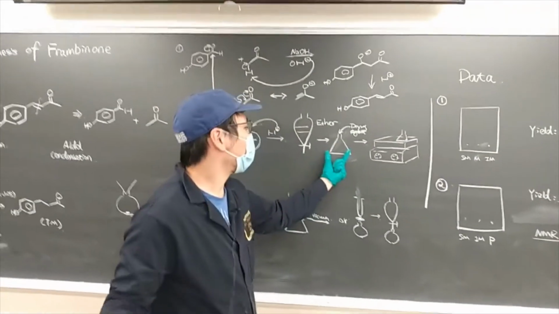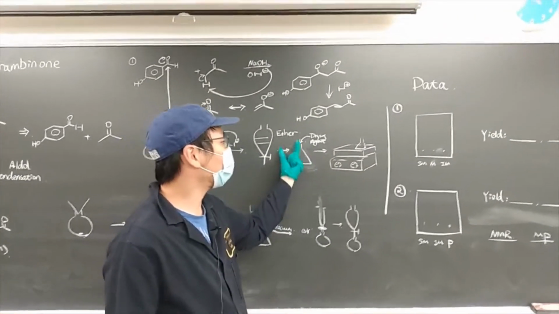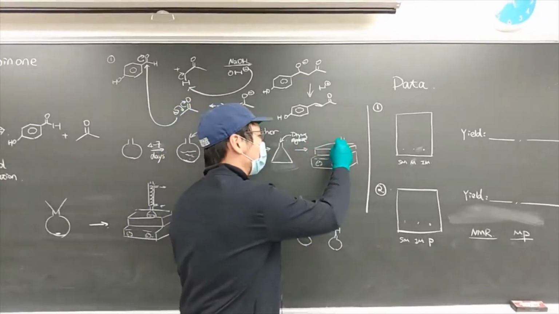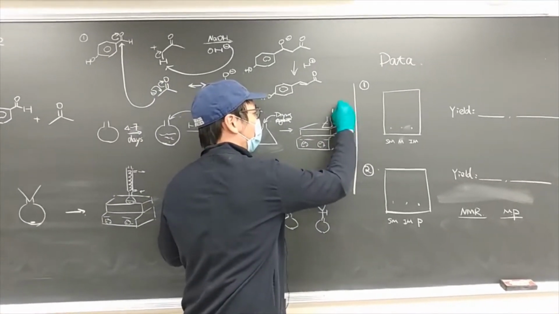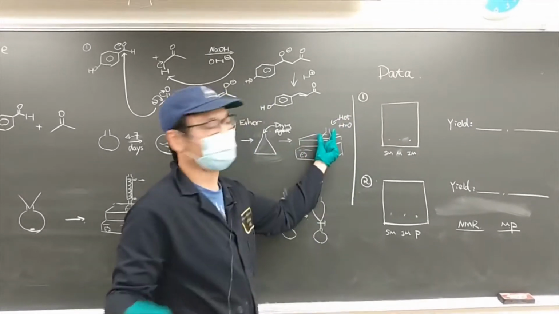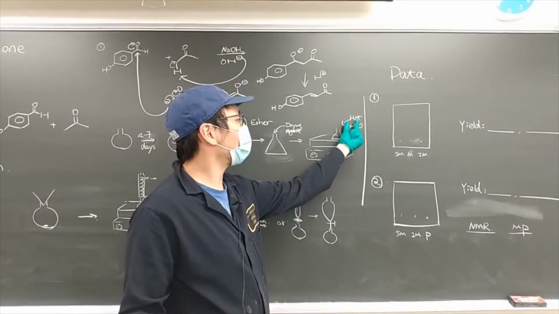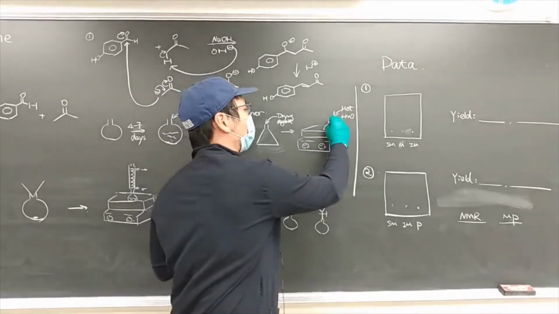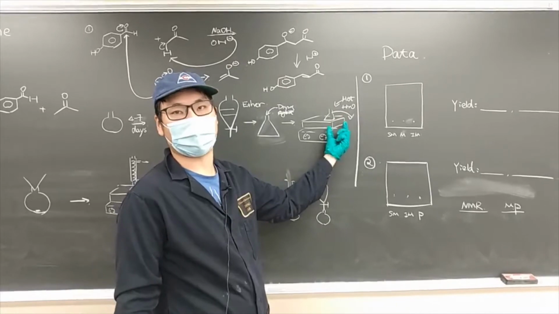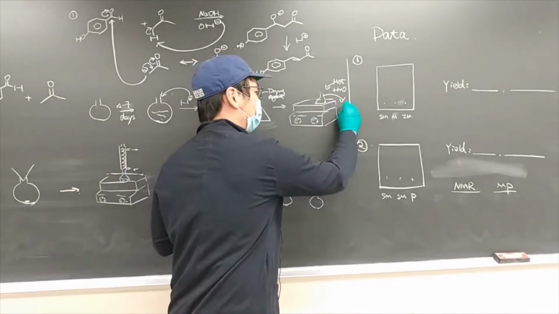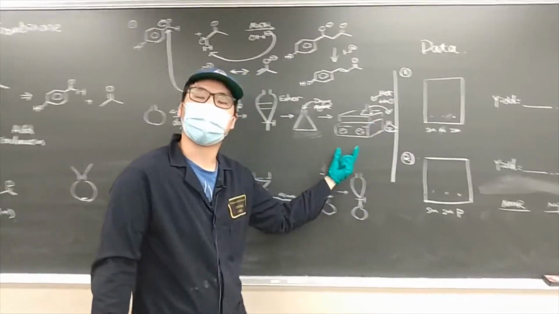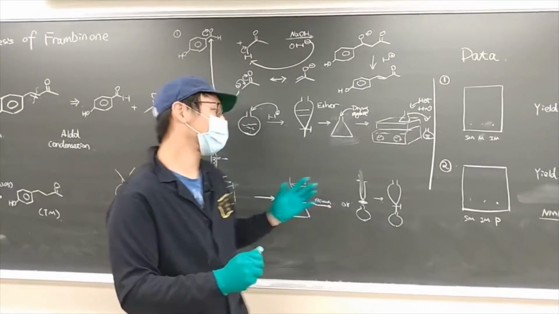And finally, once we have the product, we need to add hot water to recrystallize it. They will dissolve in the hot water, and we will bring it down and let it recrystallize. In a week, we will have the solid precipitate in the Erlenmeyer flask, and we will save it for the next period of the lab, which is the